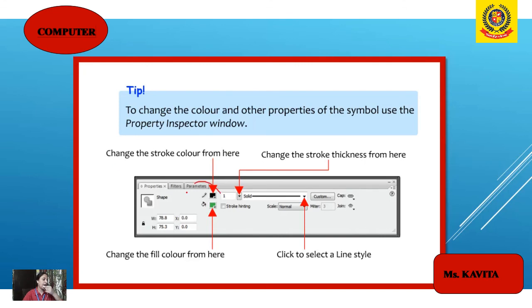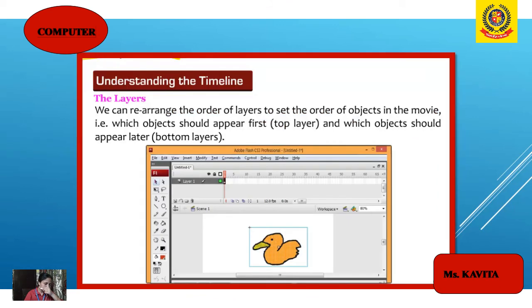Next, understanding the timeline. We can rearrange the order of the layers to set the order of objects in the movie: which should appear first on the top layer, which should appear later on the bottom layers.